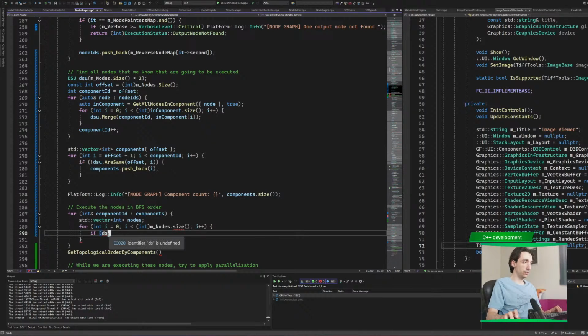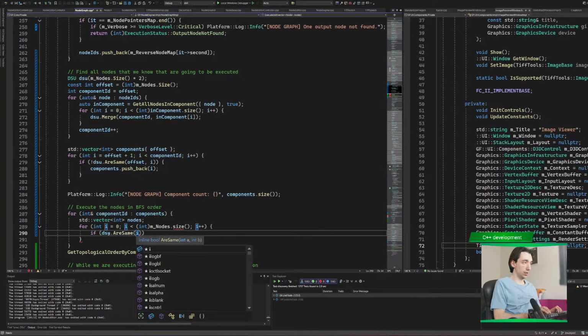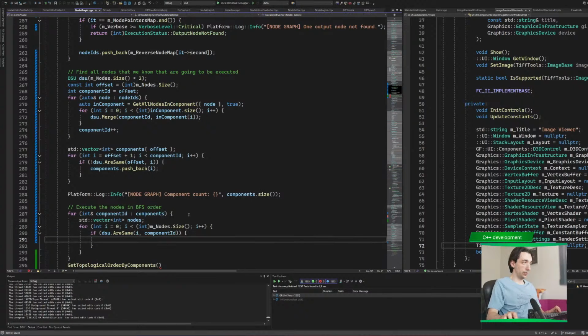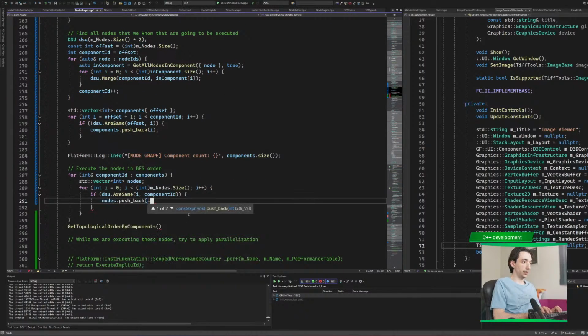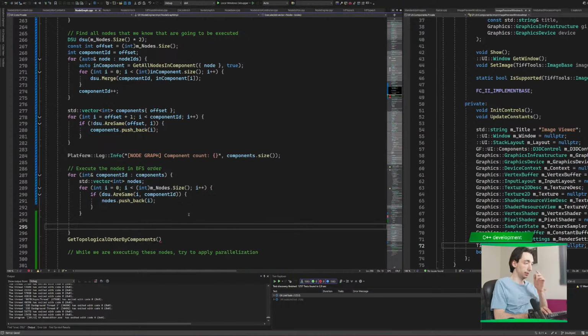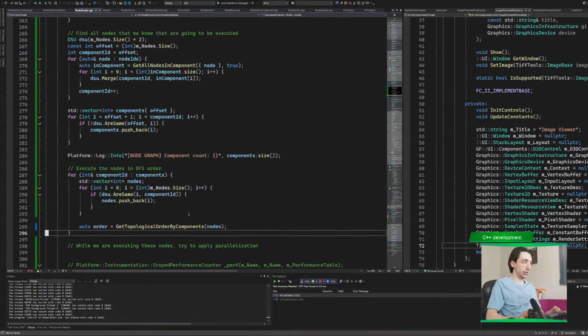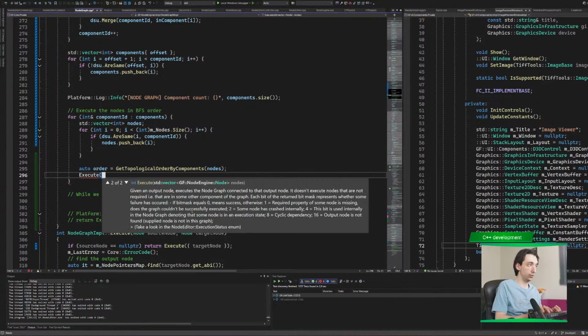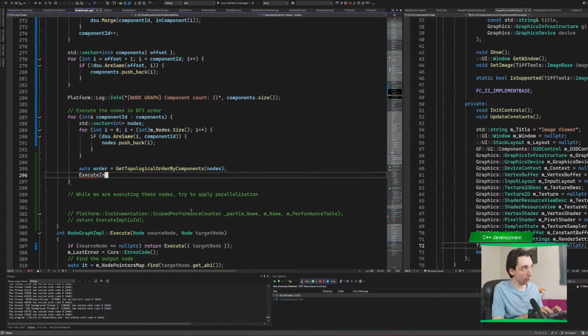If DSU are same, the I and component ID DSU are the same, then we push back this I node. Then in the nodes we get topological order. We get topological order by components and then provide the nodes. Now that we have this topological ordering, we can execute them in order or something. And this topological order will get us the